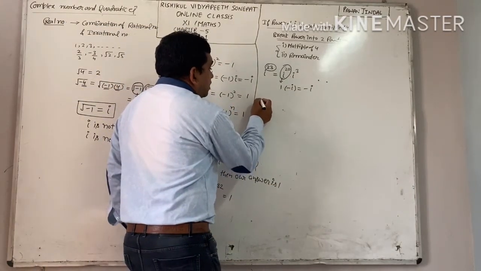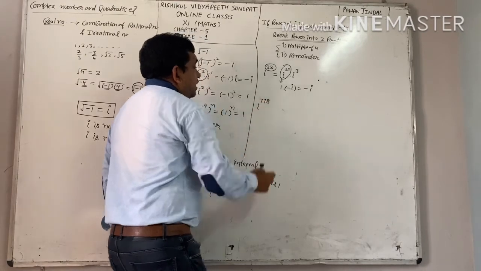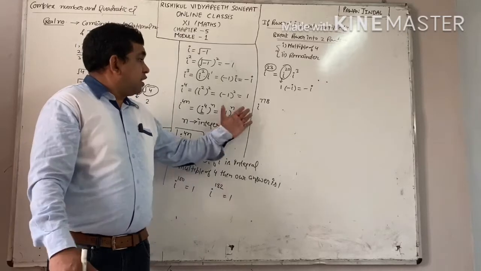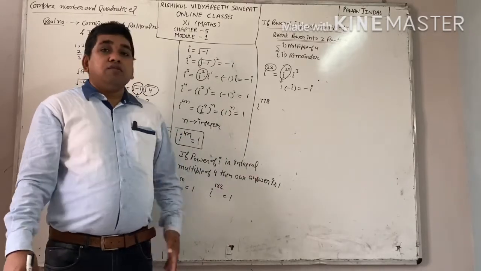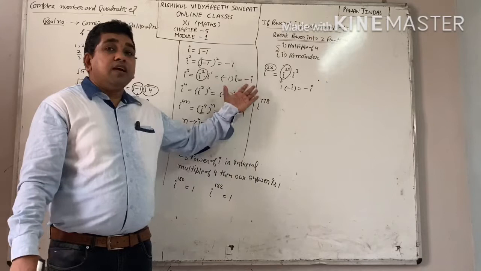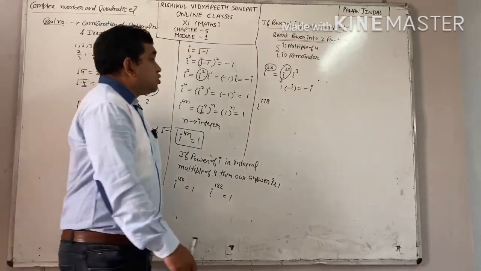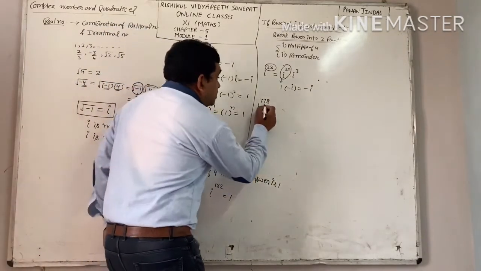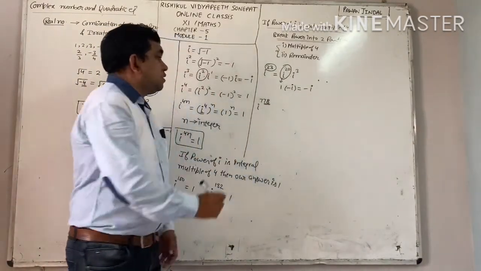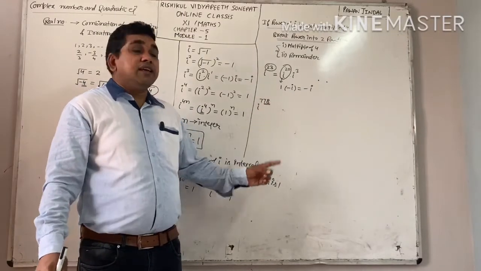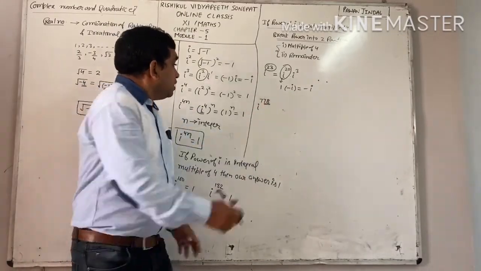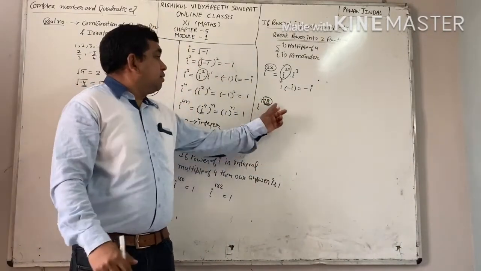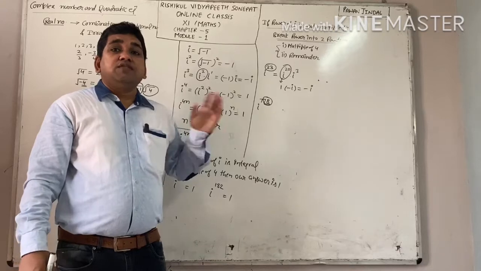Iota raised to power 778. I want to find out the value of this one. Now again the method is the same. Break the power into two parts: one is a multiple of 4 and the second is the remainder. And students, you know the divisibility test of 4. If the last two digits, which are 7 and 8, are divisible by 4, then the complete number is also divisible by 4.